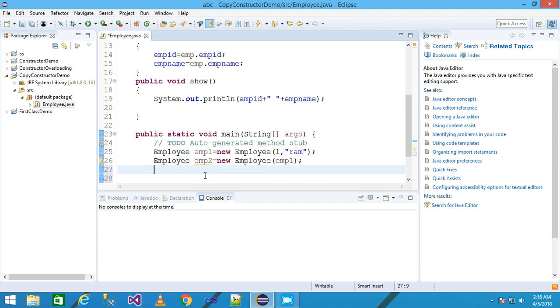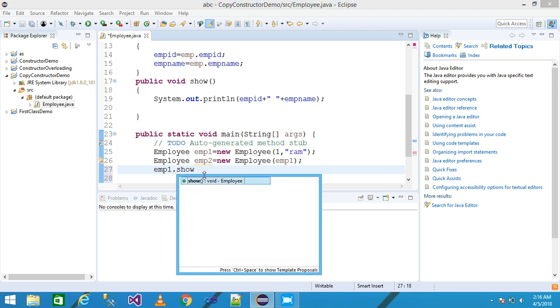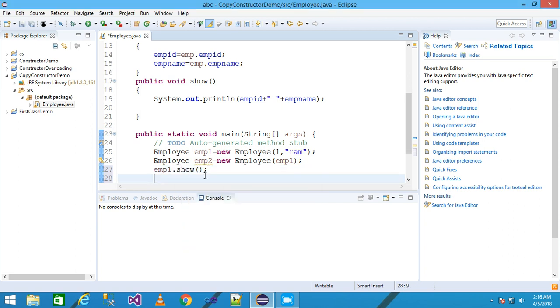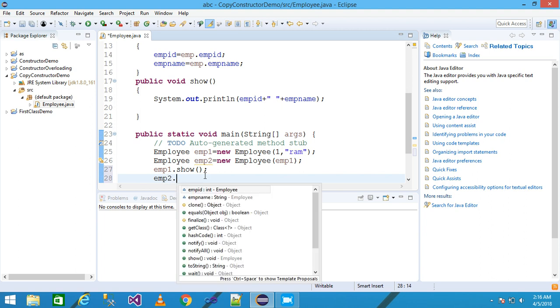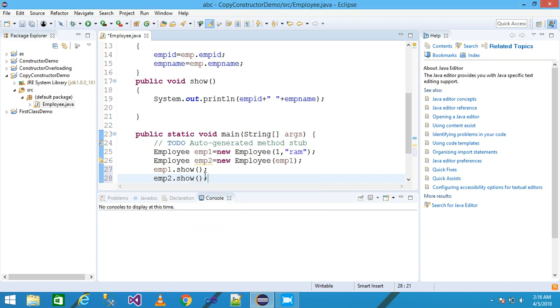If we call the show method from the first object and from emp2, both display the same result.